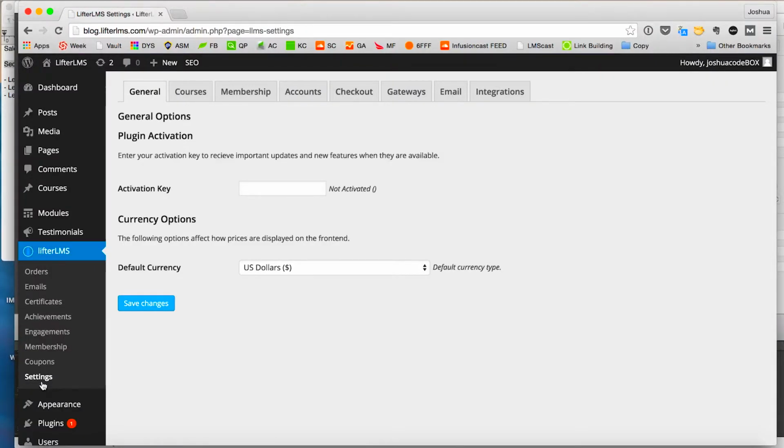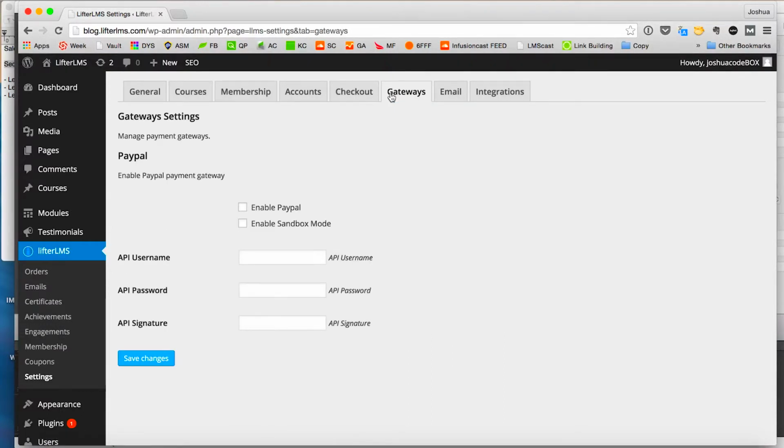All right, so in the e-commerce section of LifterLMS, we actually have some built-in native ways of taking payments, so you don't have to go and add any sort of plugin. You can actually start taking payments right away. So if you go over here to gateways, you can look at what we have right now. Now, the only payment gateway we have in the current state of LifterLMS is PayPal, but we're going to be quickly adding Stripe and others according to your feedback and what you'd like to see natively integrated